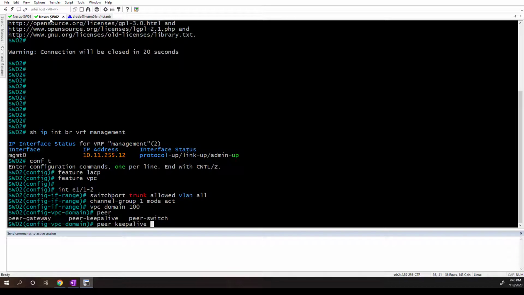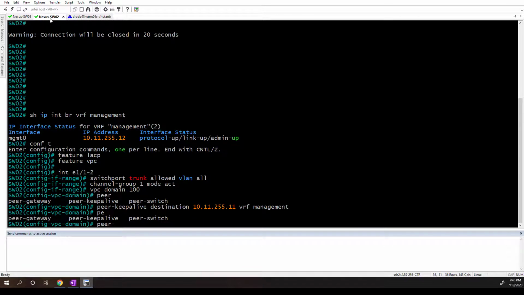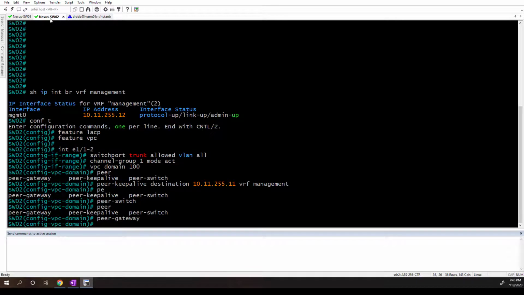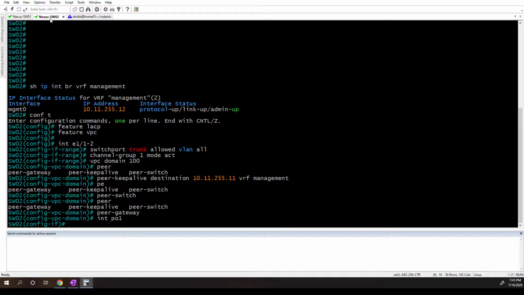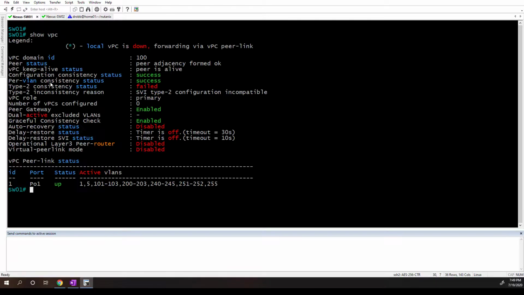and then we just do the opposite command there. So destination 10.11.255.11 VRF management. Oops. Peer switch and peer gateway. And PO1 VPC peer link. Now with all that in place, we should be able to go show VPC, and we can see